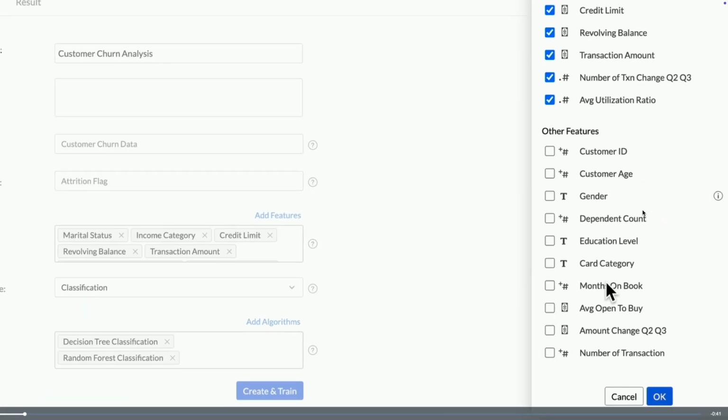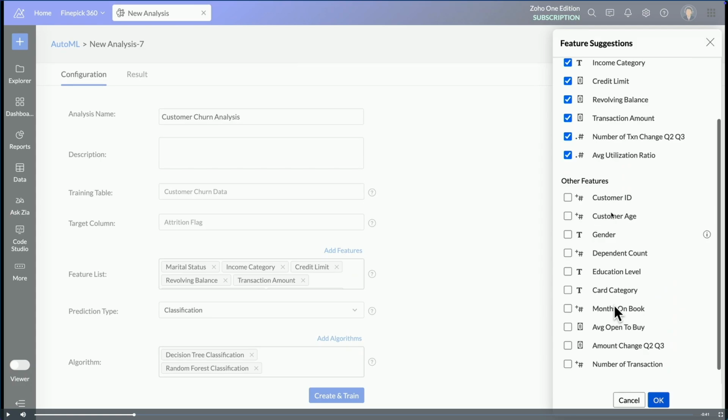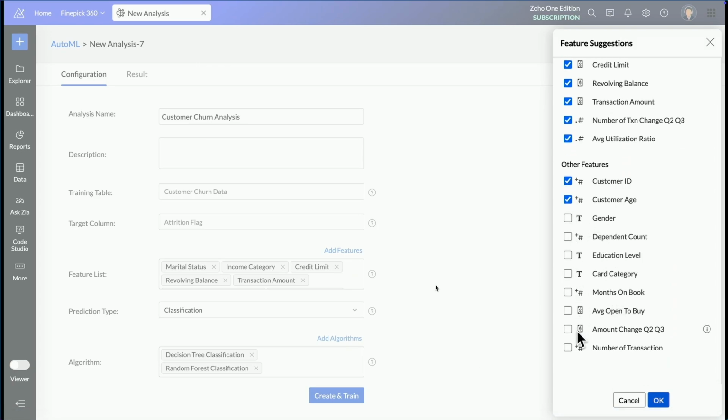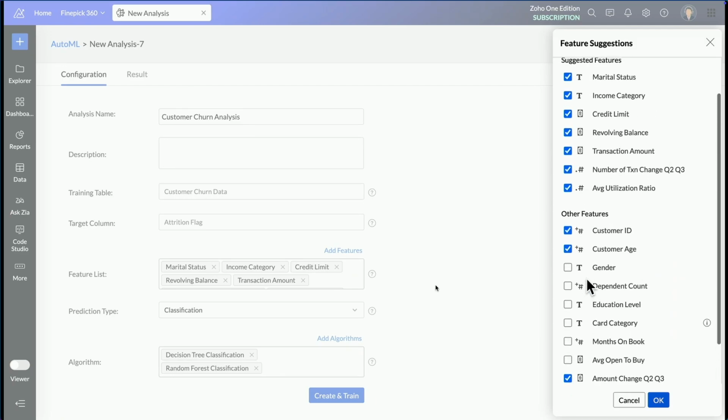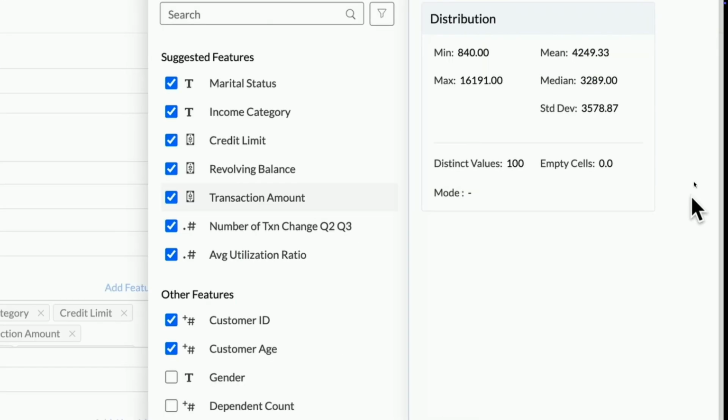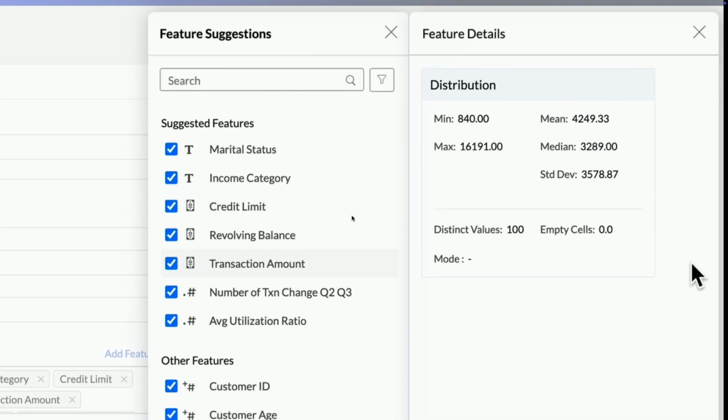But I prefer to include more parameters like customer age or gender and all the stuff for selling some particular products. I can do that. So I always have a choice to go ahead and include those additional features and parameters like number of transactions or something. Then I can go ahead and check more details about that data set, which is nothing but, before